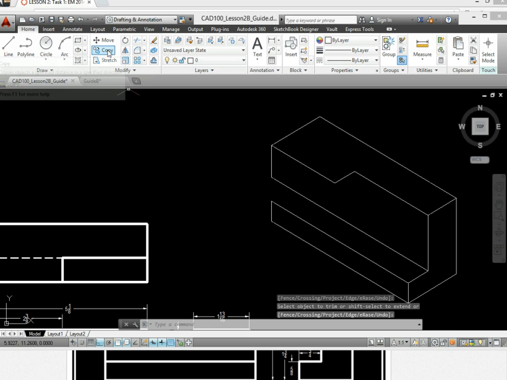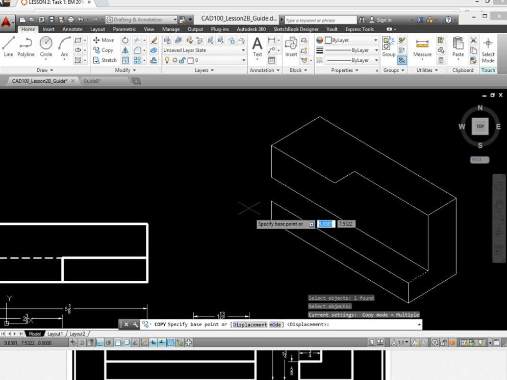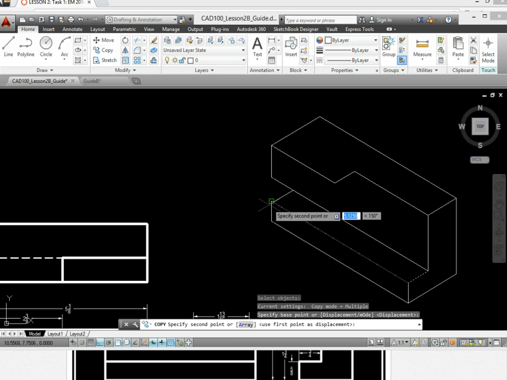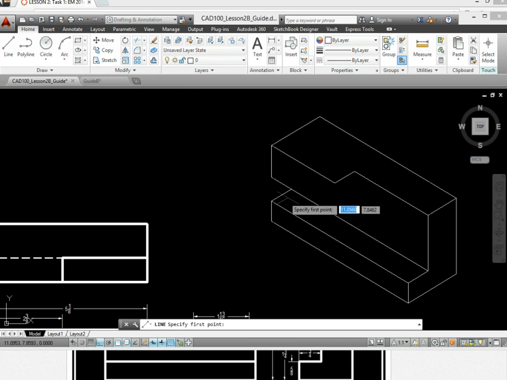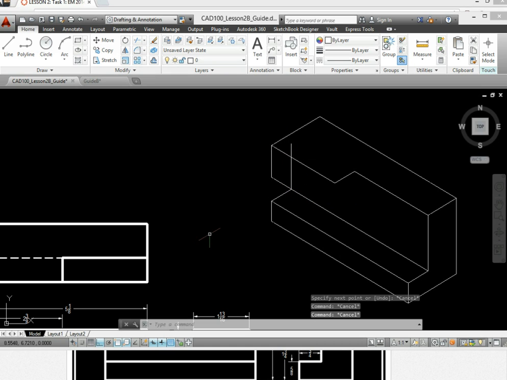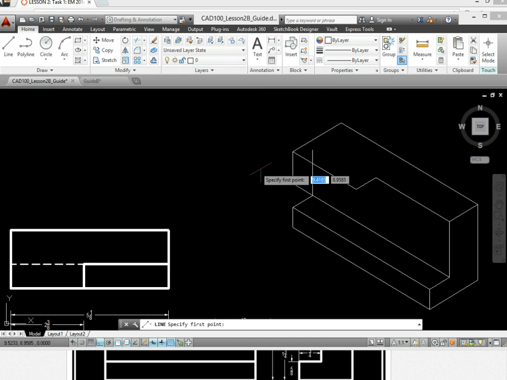We can use copy command to assist us sometimes. Like copy, I could pick this line right here, hit enter. The base point would be this corner here, which is common to this point over here. So I'll pick this point and pick here and put it right there. And I could see I have a line that's going to be forming here, up F5 somewhere. Don't know yet because I haven't drawn this right here, 5/8. So I need to draw a line down 5/8. Point down, type it in,